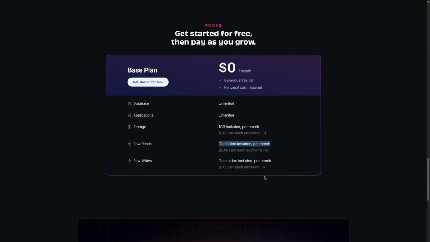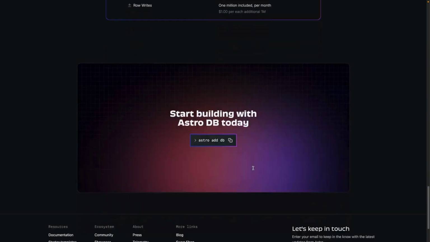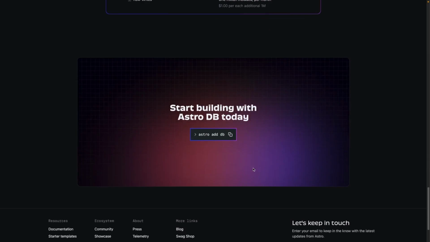And if you need more than 1 billion requests read each month or 1 million written each month, then you can pay additionally for that. So a pretty generous free tier as far as I'm concerned for the kind of things I'm going to be building usually with Astro. All right, so that's at least an overview of what Astro DB is and what Astro